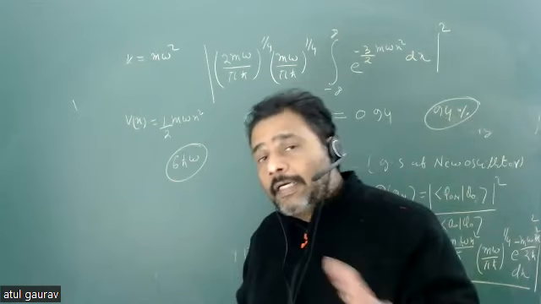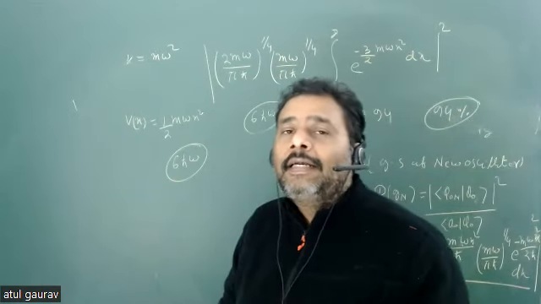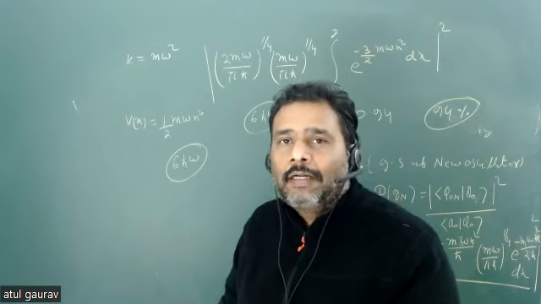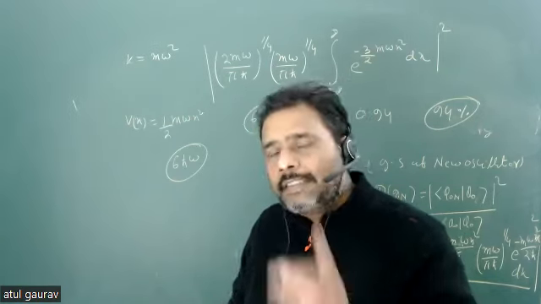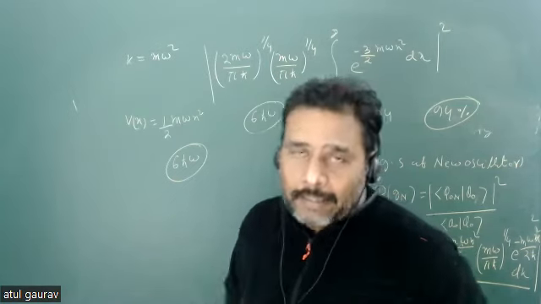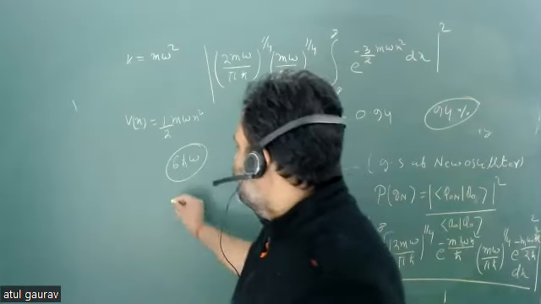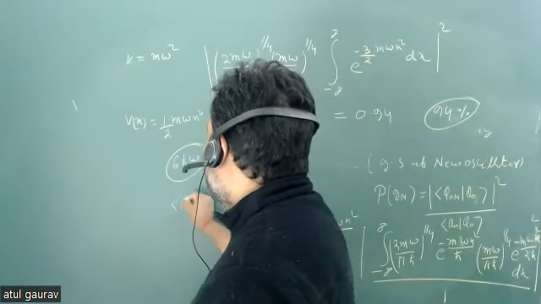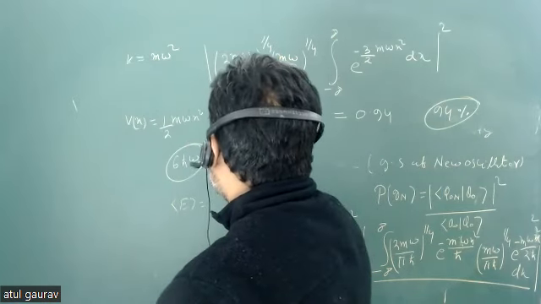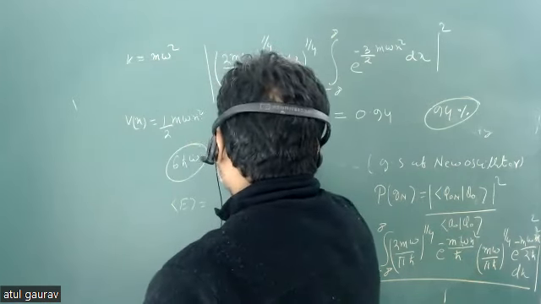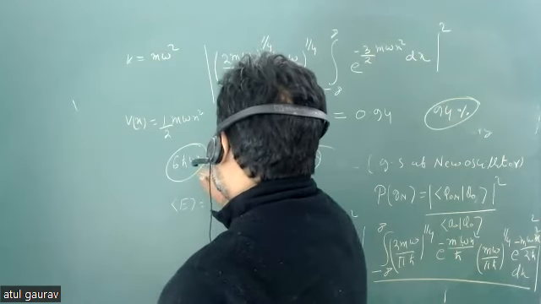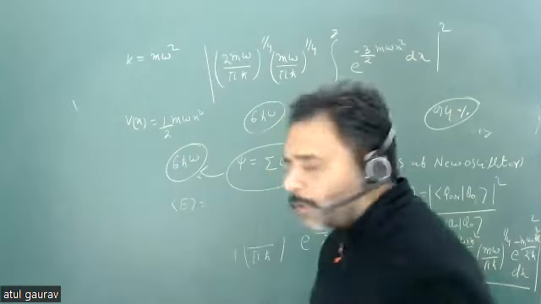यानी कि पार्टिकल आपका किसी एक आइगन स्टेट के बारे में तो बात नहीं कर रहा है, क्योंकि अगर उसके बारे में बात करता, तब एनर्जी मस्ट बी हाफ ओमेगा, 3/2 ओमेगा, 5/2 ओमेगा, 7/2 ओमेगा। लेकिन फिर भी वो बोल रहा है कि माई एनर्जी इज 6 ओमेगा, दैट मीन्स ही इज टॉकिंग अबाउट एवरेज वैल्यू ऑफ एनर्जी, जो कि कोई भी ऐसा स्टेट होगा जिस स्टेट की एवरेज वैल्यू ऑफ एनर्जी 6 ओमेगा हो रही होगी।